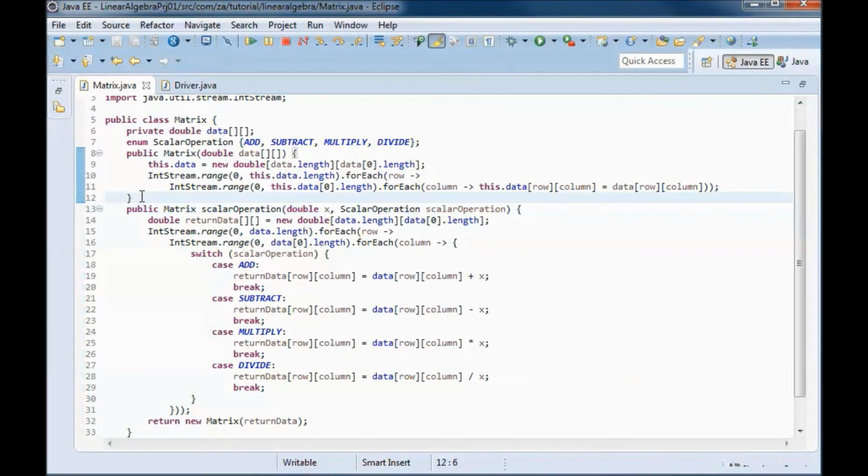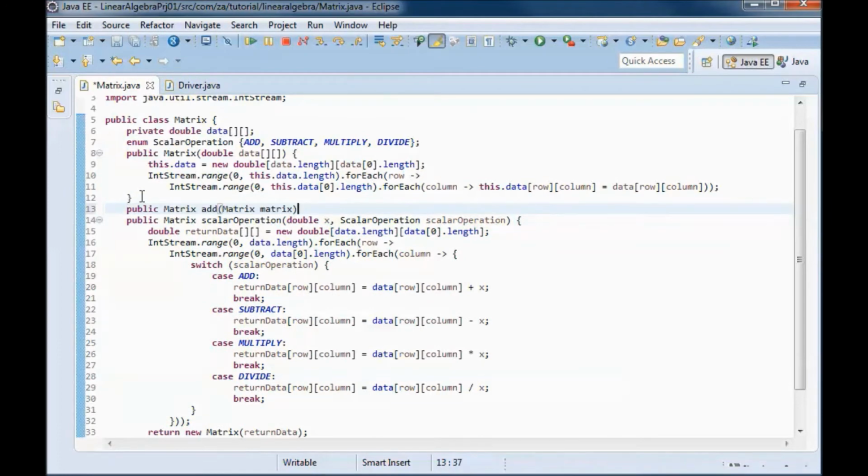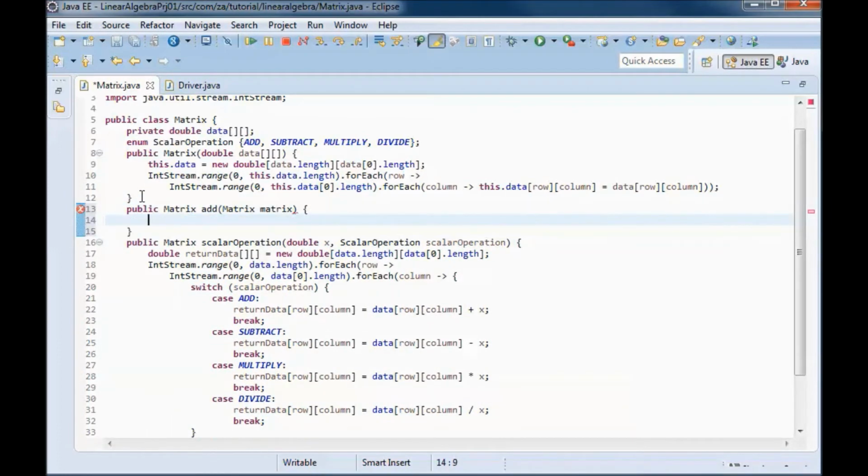Next, if we want to add two matrices, we'll have this method that adds this passed in matrix to this matrix and returns a new matrix. For now, let's just return null.